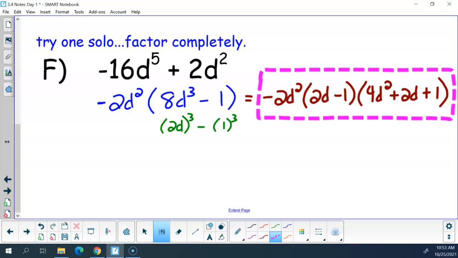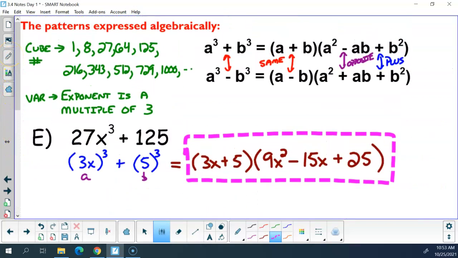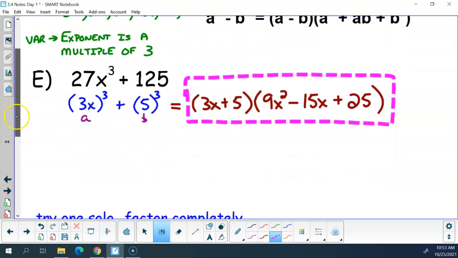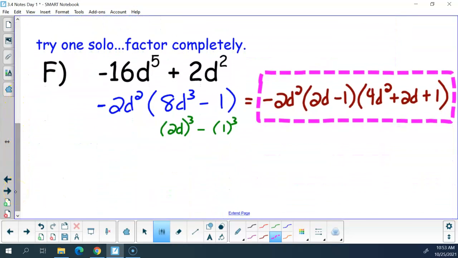I have a question. So if I scroll back up, did you write down those two lines? Okay. So A is 2d. B is 1. So it's A minus B. Then this is A squared. 2d times 2d is 4d squared. Then it's plus, because it's opposite. A times B is 1 times 2d, which is 2d. And then B squared is